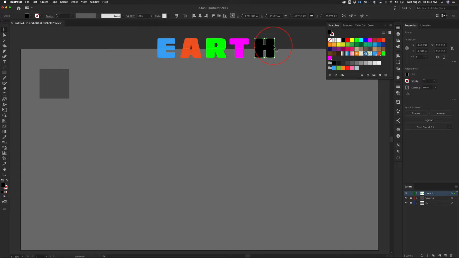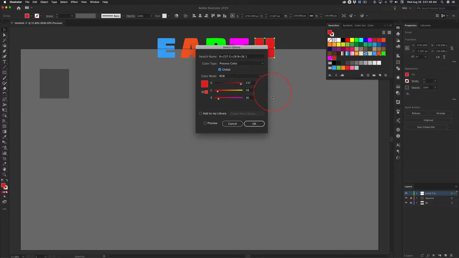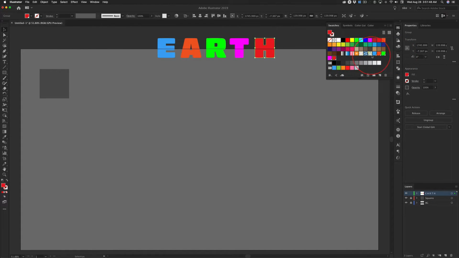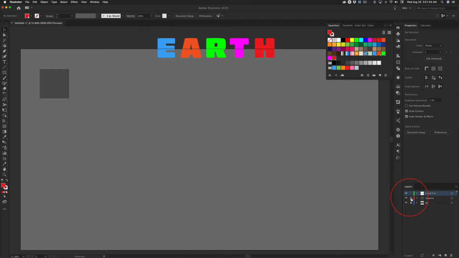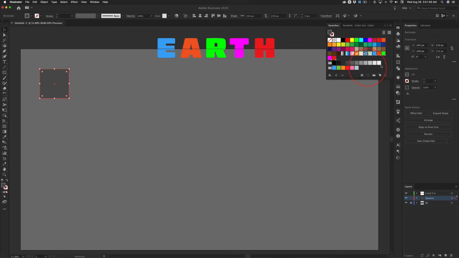And the H was, what the heck color was it? Oh, red. Yeah. How about that red right there? And once again, I'm dragging that down, double clicking on it, and clicking global. Now, I don't have a global color for my square. I'm going to unlock that, click on this, drag this color down,